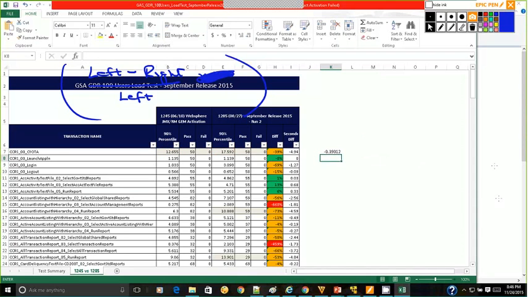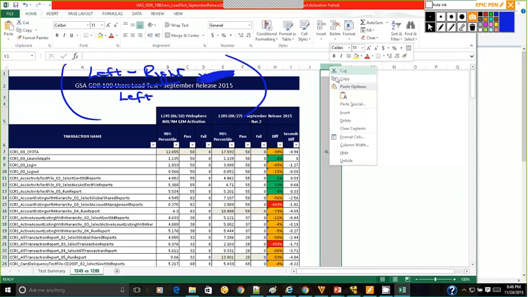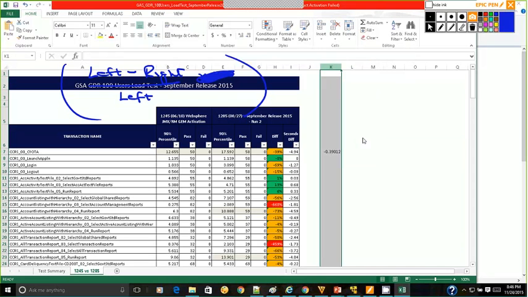Enter. You will get it like this, minus 0.39. Now this is not a percentage, this is the value. So I'll select this whole column, right click on the top of the column, Format Cells.